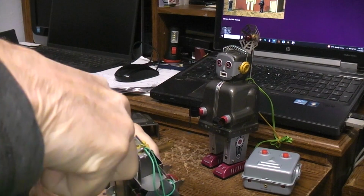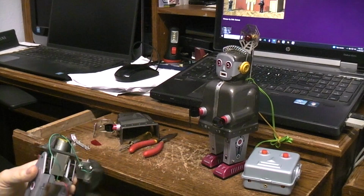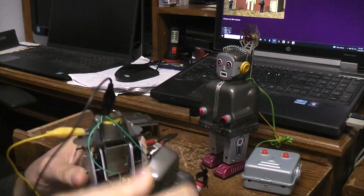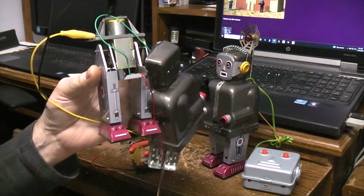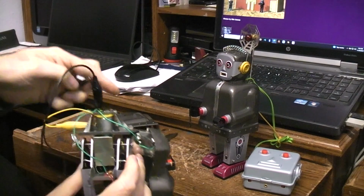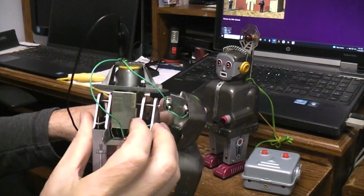Got that in there. I'm going to give these tabs a twist to hold the motor in place, like so. Let's see if we can get this one to run. It's a lot for me to try to hold and stay in camera, but we're going to try. Let's see if I can put that on there without shorting out. And I've got a battery pack down here. Alright. That is running. And it actually doesn't sound too bad